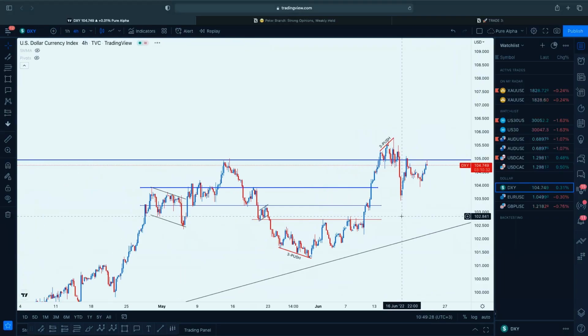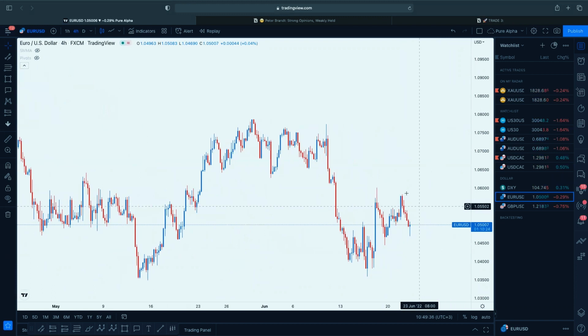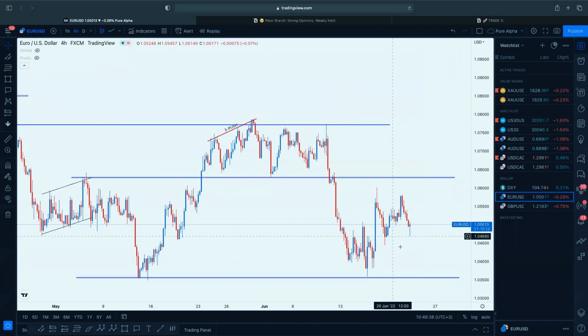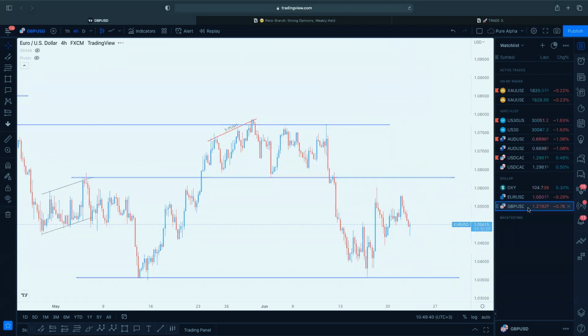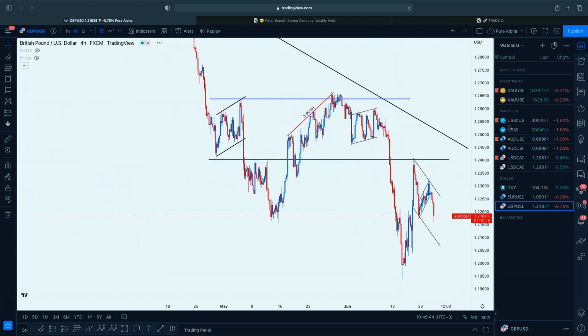Remember, there's no trade taken on the dollar. You're just watching it to see the relative strength across the board, and we can see it reflecting on things like EUR/USD. It's been moving down early this morning, but we're sort of getting a rebound, and the same thing is happening on GBP/USD as well. So basically that's what I'm watching.